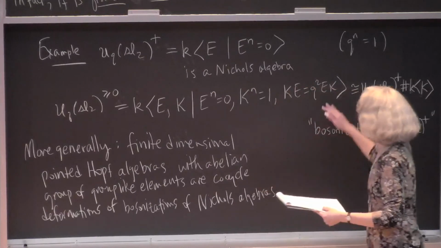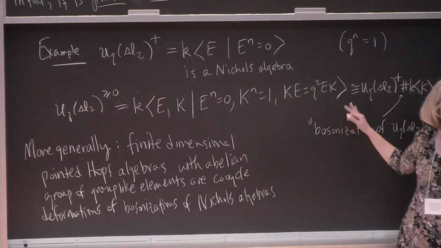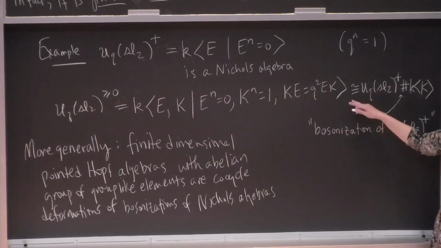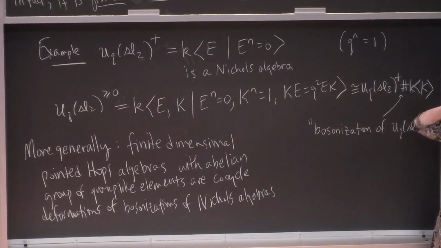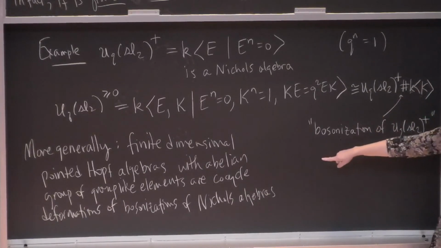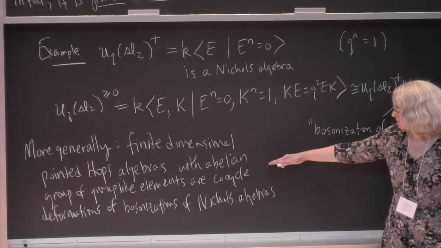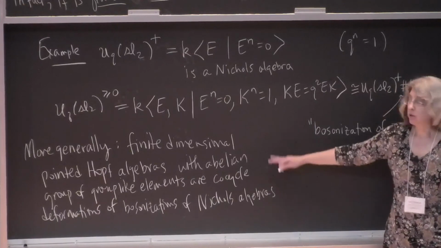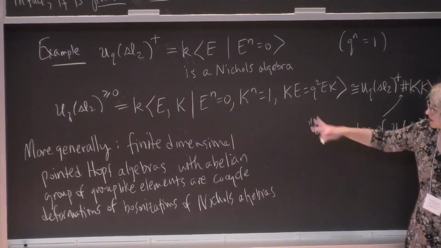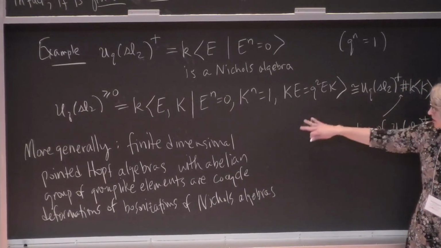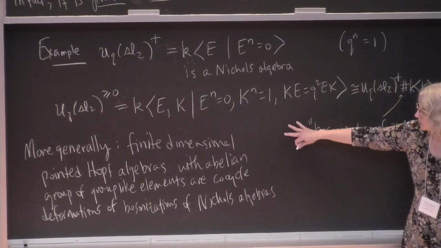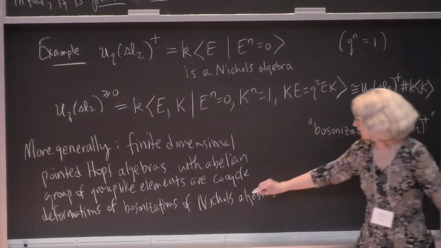Okay, so in other words, they look sort of like this. You have a Nichols algebra that's defined somehow in some universal way. You take the bosonization, meaning you smash with a group algebra. And then there's a co-cycle deformation. So there's a precise definition of that that will give you your pointed Hopf algebra. So they all come from this type of construction. And really, the most important thing to understand first is the Nichols algebra.